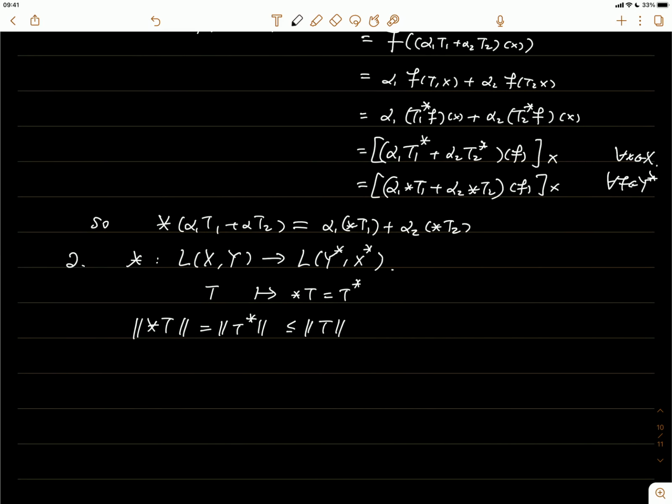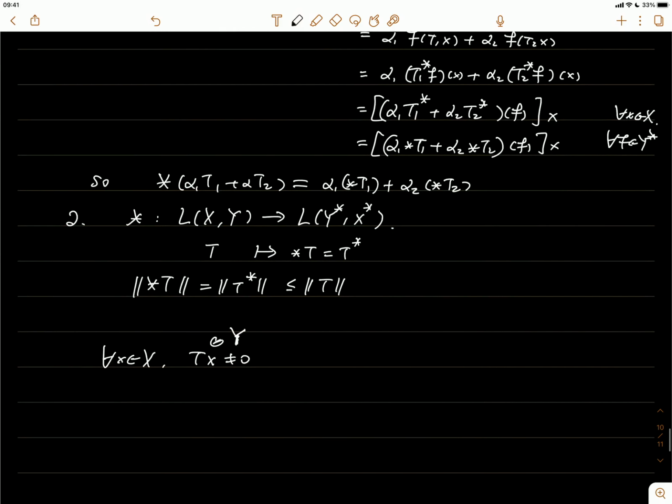But for the other direction, let's say for any X in the space, say if Tx is not equal to 0. So remember Tx is already in the Y space. Okay, if it's 0, then the thing will be trivial. But if it's non-zero, then by